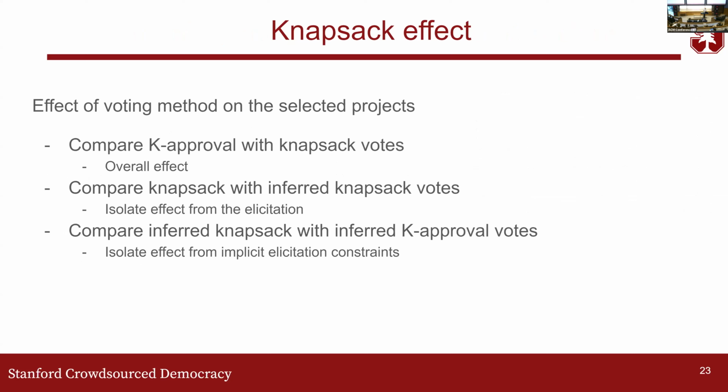Is that actually the case? You still give them all the budget information, of course. So you still tell them how much budget is available. You still tell them what the cost of each project is. And we see that if you compare K approval with knapsack votes,